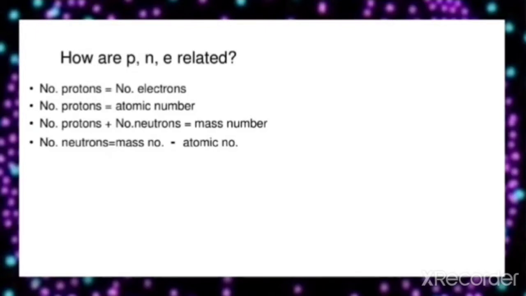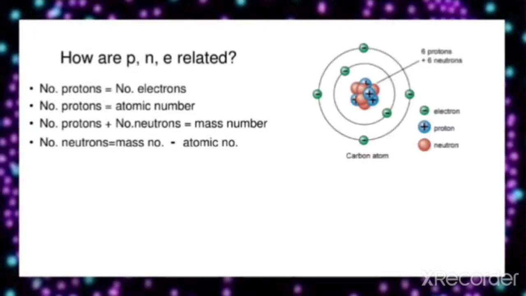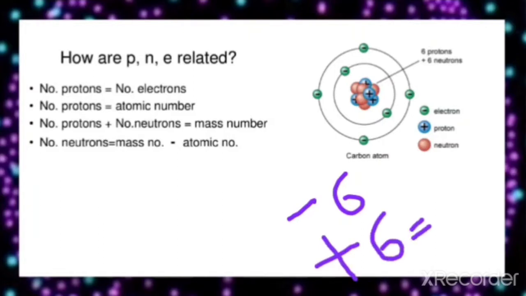Let us take one example, the carbon atom. In the carbon atom, the atomic structure is shown here. It has 6 electrons, shown here in green color. There are 6 electrons. So tell me, how many protons must it have? Since it is an atom, it must be electrically neutral. It has 6 negative charges, that means electrons, so it must have 6 positive charges, that is protons. So it has 6 electrons and 6 protons.